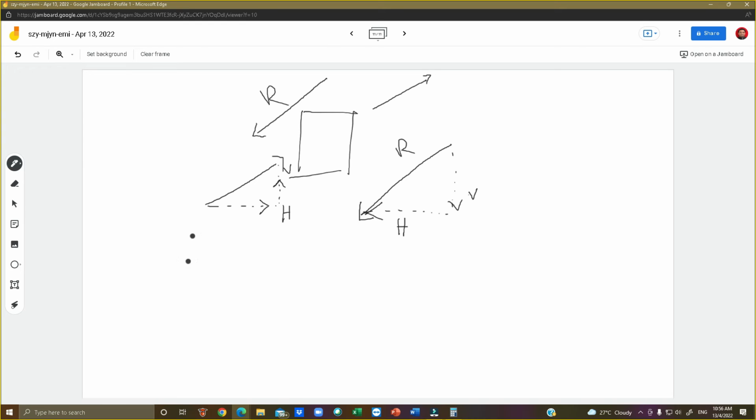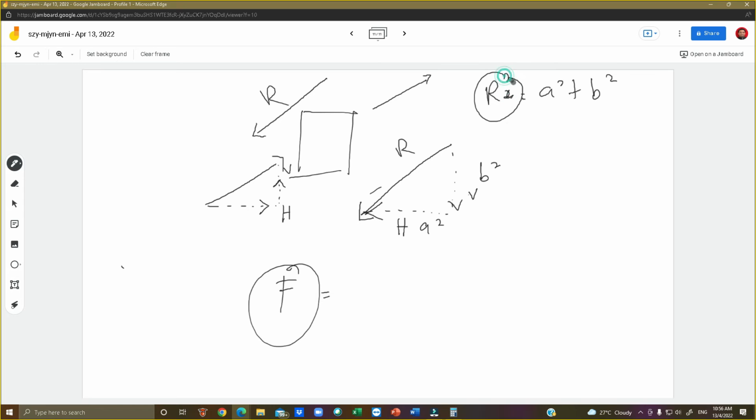Can you understand? Understood, sir. Okay, so the calculation will become more difficult, right, sir? Not really. If it's a resultant like this, you need to find this value. R squared equals A squared plus B squared. For the straight one earlier, we just use F, just one. But for the resultant, R squared, so R equals the square root of A squared plus B squared. This is the Pythagorean theorem, how we find the value of the hypotenuse. Okay, this is only applicable if there is no mention of theta.